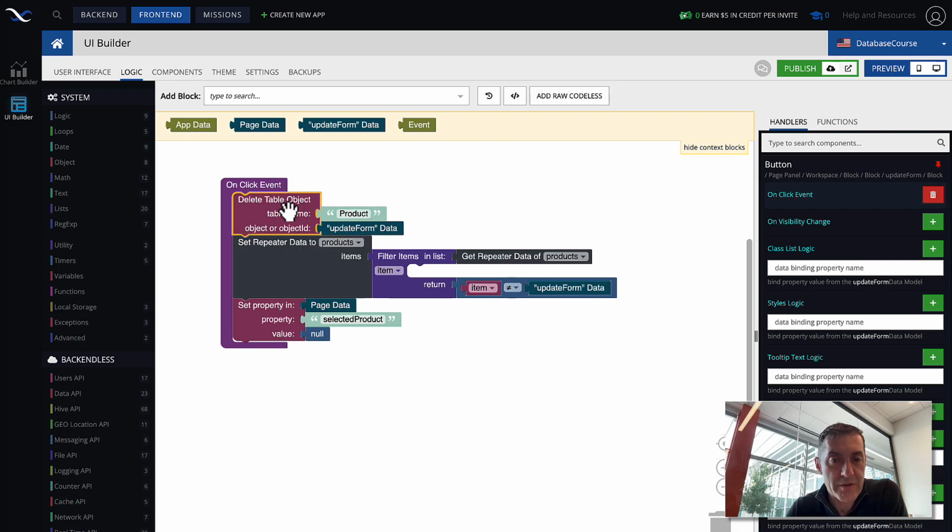So this sends a request to the server, and that object is deleted, and then the rest of the logic is just to update the UI. And by the way, for this, what I do is I take the existing list of all the objects from my repeater. I go through all of them to find the one that is the current object that I'm deleting, and I'm basically excluding it from the list. And then this block returns the updated list without the object that was deleted, and I put it back into the repeater.